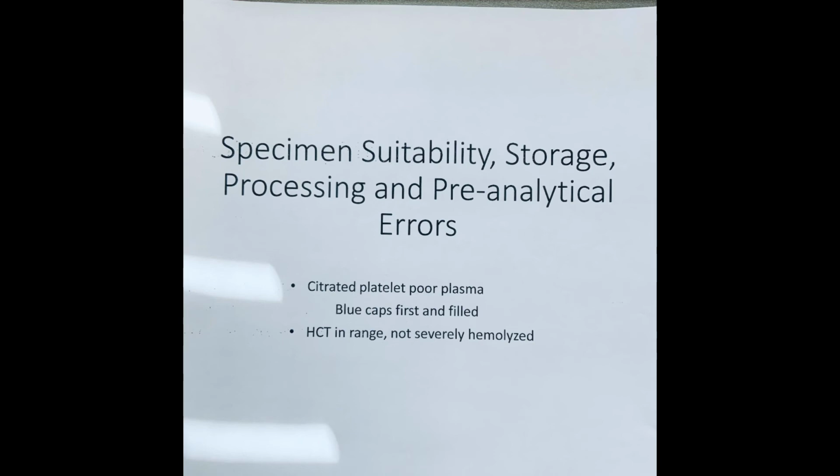But you do want to make sure, in general, that you process your sample in a timely manner. There's variation here, but most SOPs require that you spin your sample within 30 minutes of collection and then remove the plasma, being careful not to disturb the buffy coat, and then finally freezing that plasma if you're not immediately